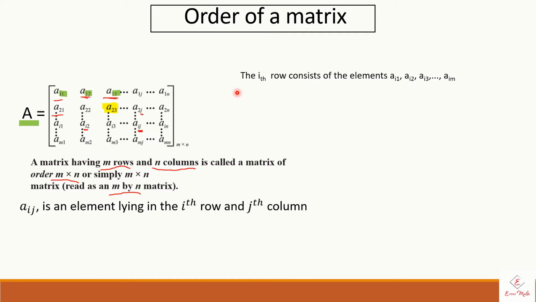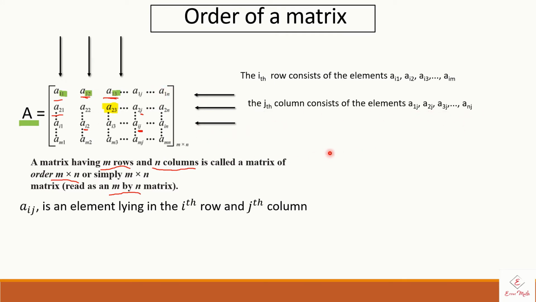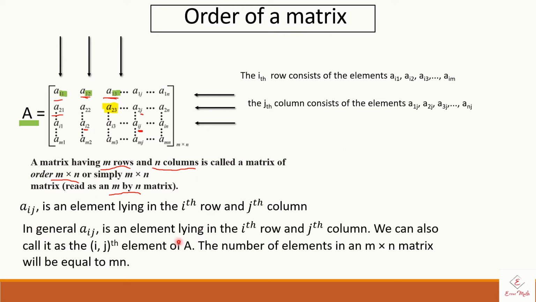The ith row consists of the elements ai1, ai2 up to ain, and the jth column consists of elements a1j, a2j, a3j up to amj. So finally, in general, aij is nothing but an element lying in ith row and jth column. अब इसमें और चीज एक आती है कि total number of elements कितने हैं मैट्रिक्स में,